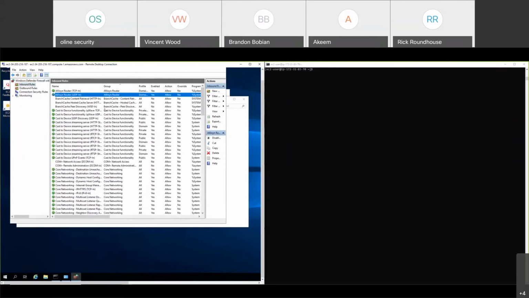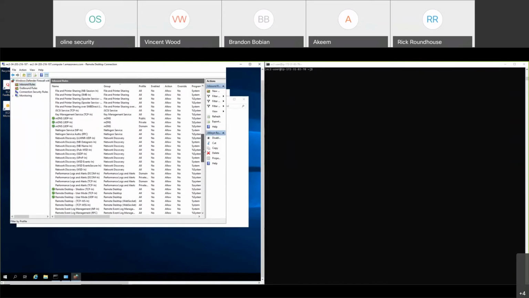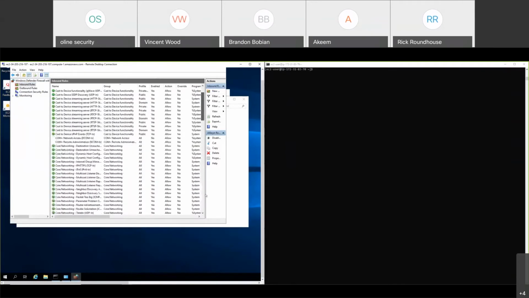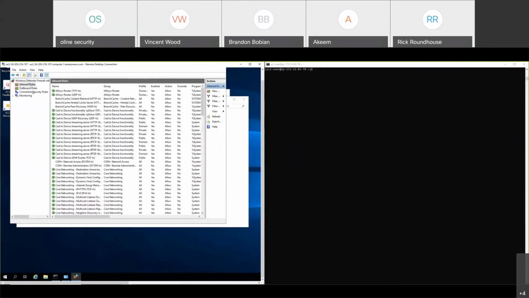That's what I don't like about Windows. I can't just type. Well, I could type and search, but somewhere file printer, key management, network discovery. It's going to be one of these network discovery ones because that's what we're doing. See, these are all the rules, and you're saying, oh, no, no, no. Must be an implicit deny here because all these are allowed. Rules. Yeah, but this is where you would configure.